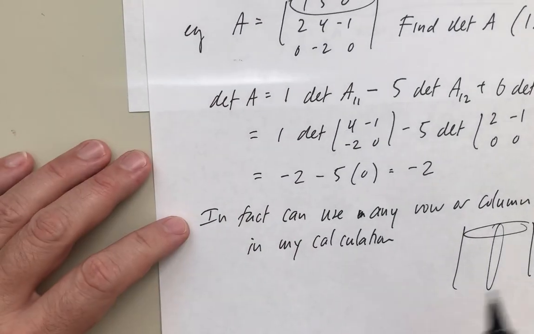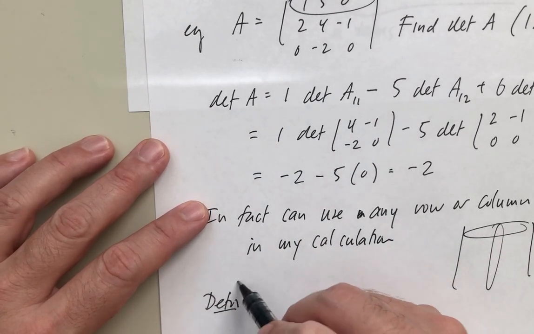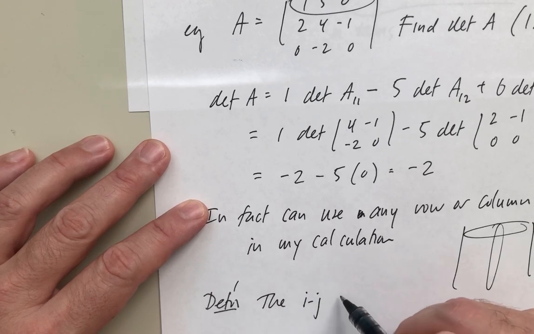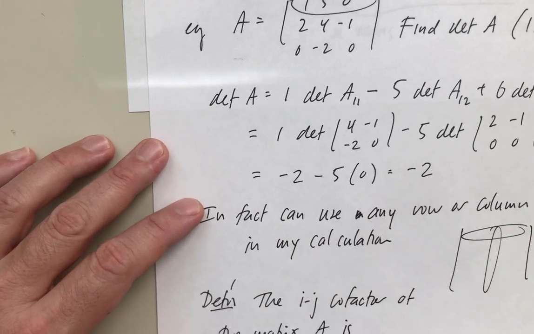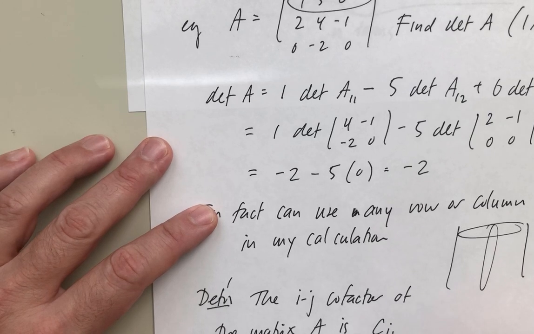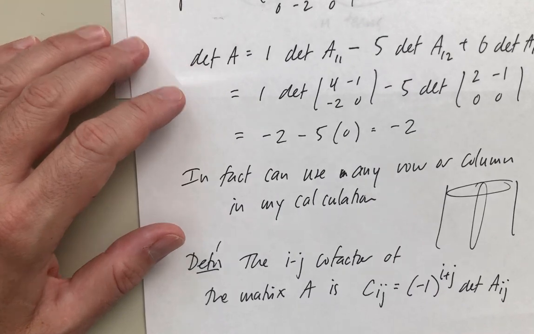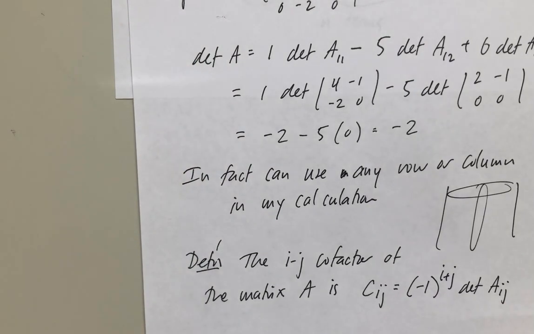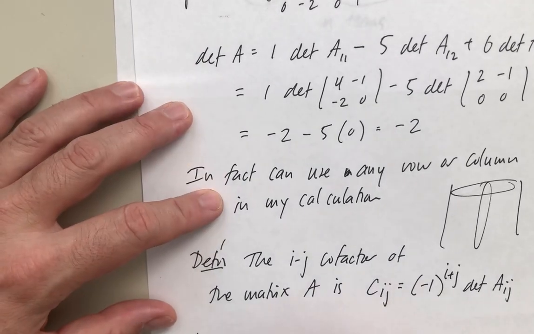And for that, let me define something. Definition: the ij cofactor of the matrix A is given by the following. It's a number Cij, and all it is is minus 1 to the i plus j times the determinant of that Aij thing. I know there are a lot of symbols here, but I'll show you what this means in an example. And the fact is, the theorem is that,